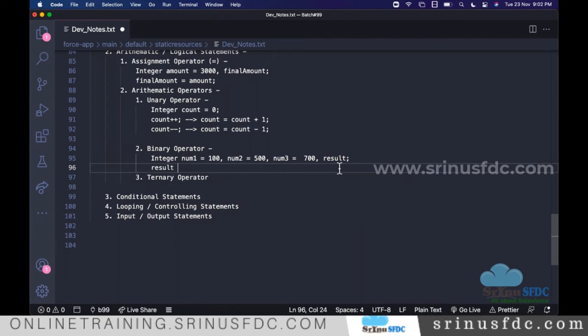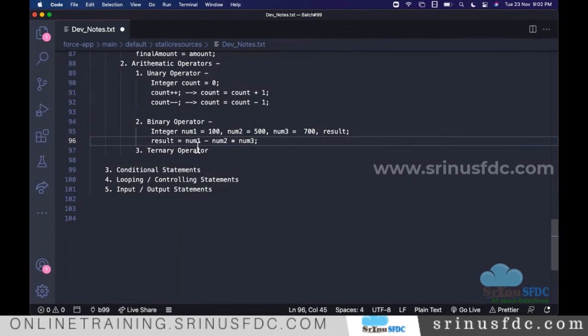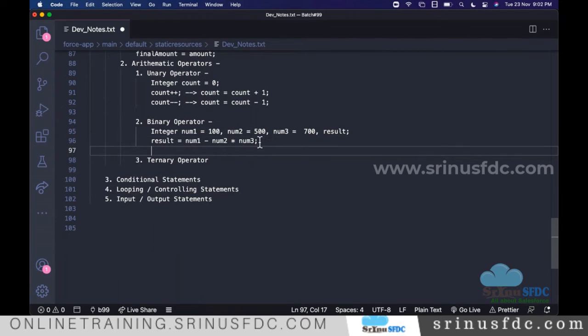If I say result is equal to number 1 minus number 2 multiplied by number 3, even though we have many values, many operators, right? Even it can be a bigger expression.